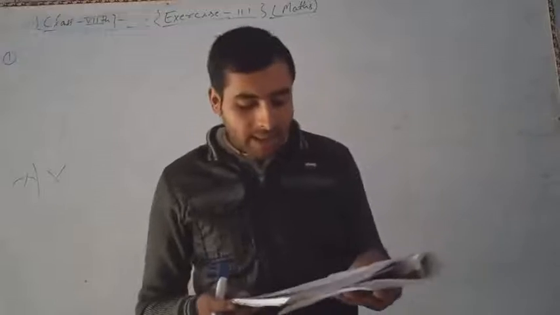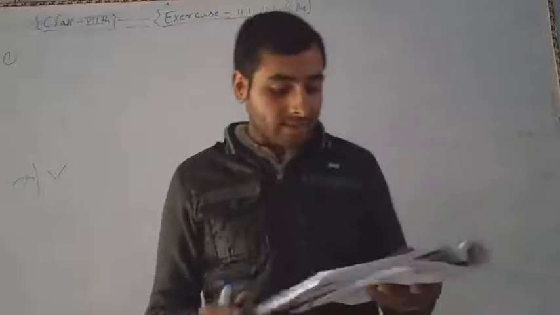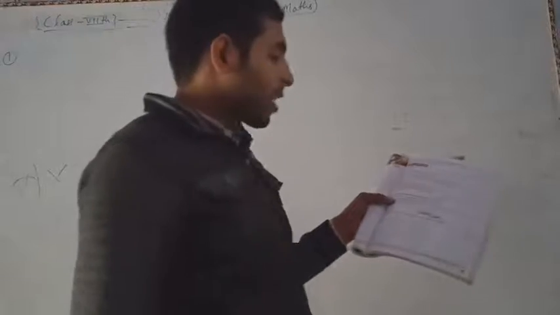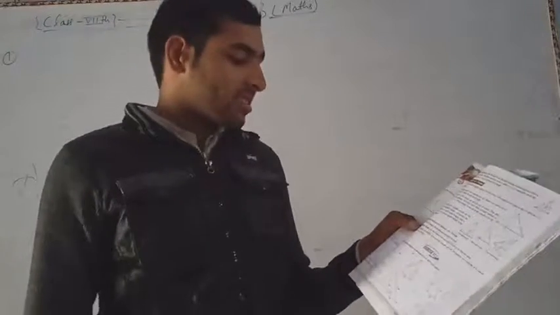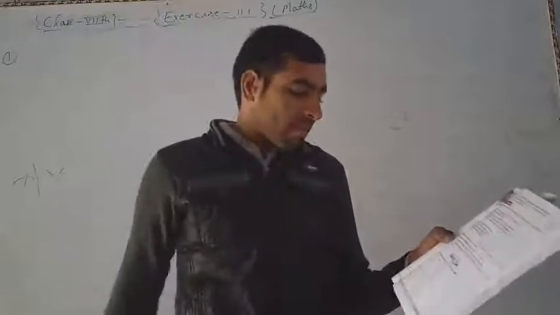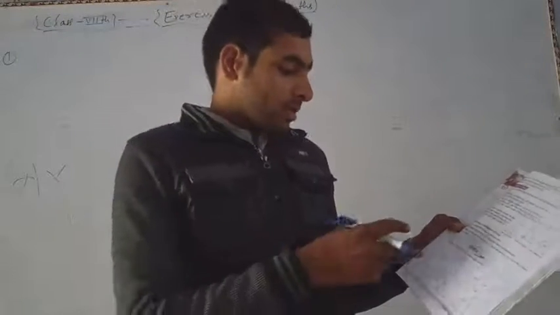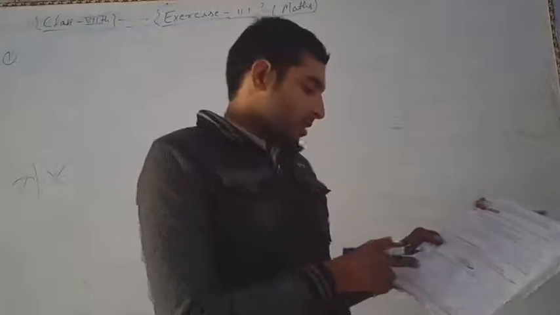Okay, and now we have to solve our exercise 11.1, in which we have to classify the given triangles on the basis of both sides and angles. First of all, many figures are given in the book, and you have to identify and recognize what each figure is, and on what basis we name these triangles.